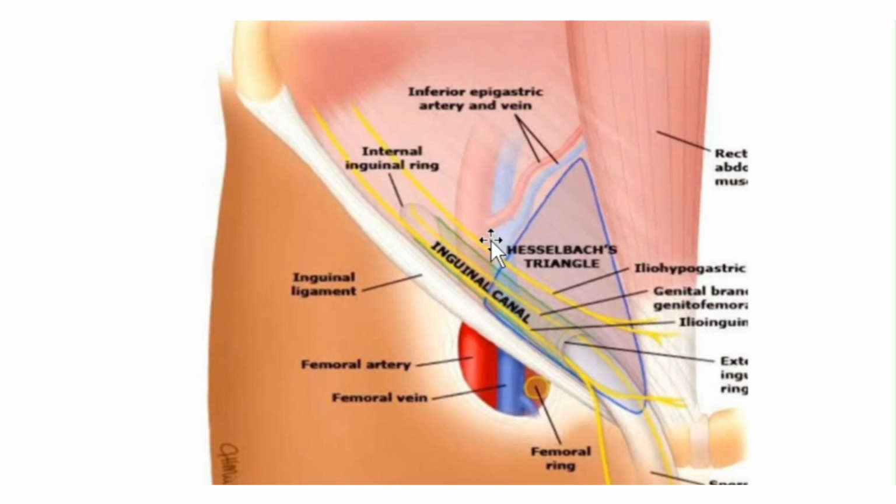To understand the two types of hernia, let us go through this diagram. This is the inguinal ligament that extends from the anterior superior iliac spine to the pubic tubercle. Above the medial half of the inguinal ligament lies the inguinal canal. Inguinal canal extends from this deep inguinal ring to the superficial inguinal ring. Now, we have discussed that indirect inguinal hernia occurs through a patent processus vaginalis through this deep inguinal ring.